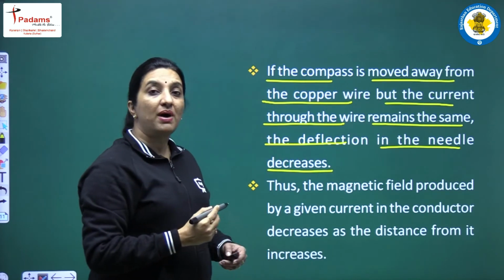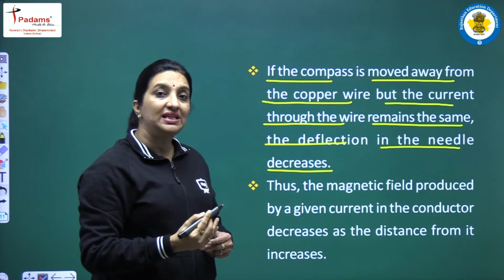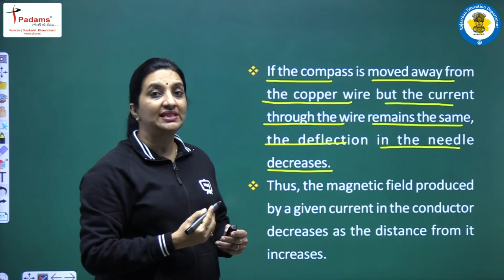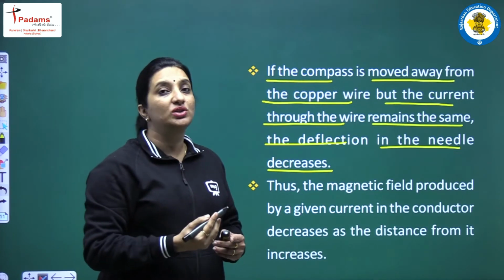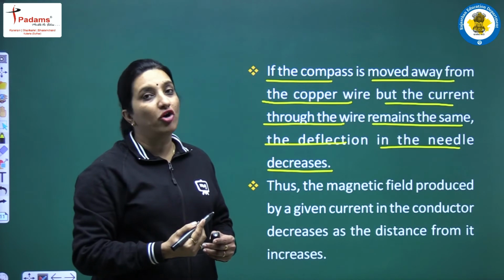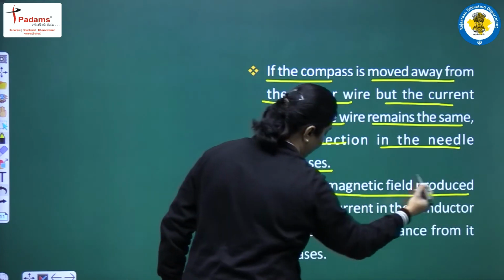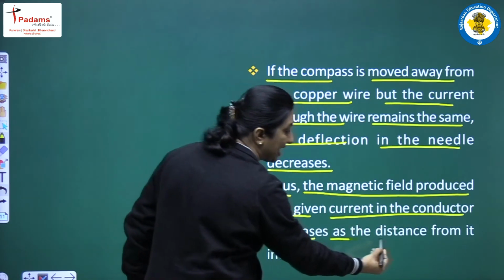अगर बच्चों कंपास नीडल को वायर से दूर लेकर जाया जाए तो कंपास नीडल का जो डिफ्लेक्शन है वो डिक्रीज हो जाता है. इसका मतलब क्या है? इसका मतलब ये है कि जैसे जैसे हम वायर से दूर होते चले जाएंगे उसका मैग्नेटिक फील्ड जो है वो डिक्रीज होता चला जाएगा. Thus, the magnetic field produced by a given current in the conductor decreases as the distance